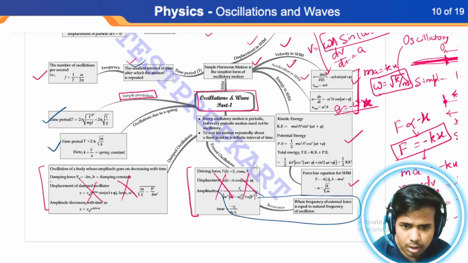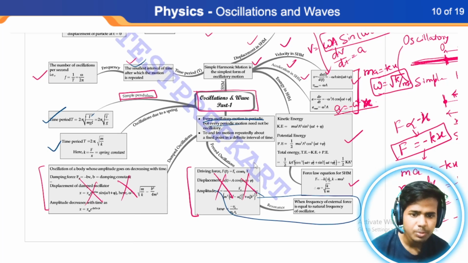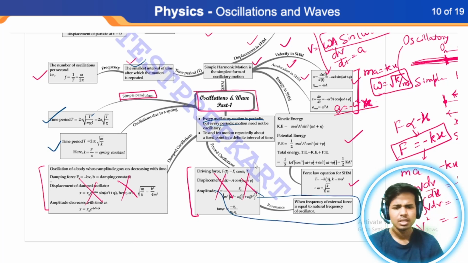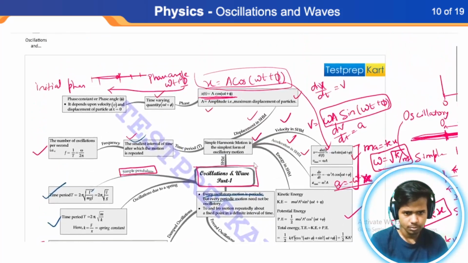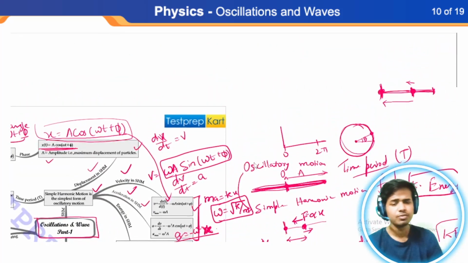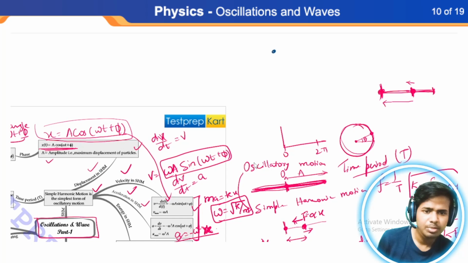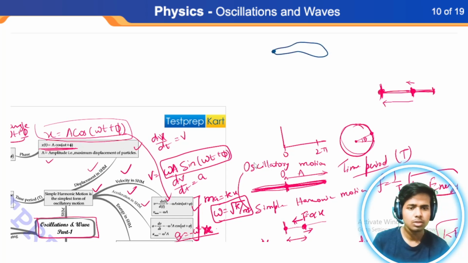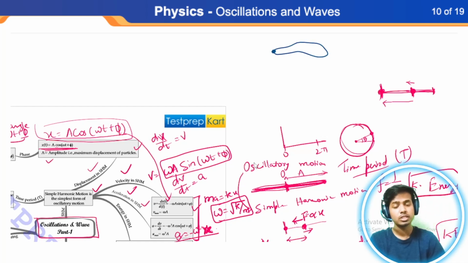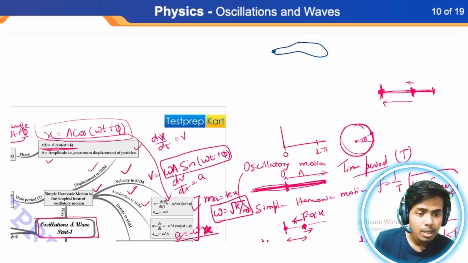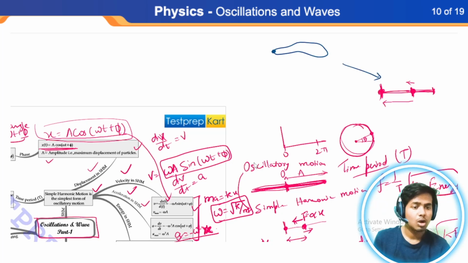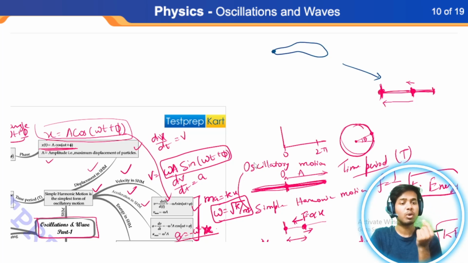So yes, every oscillation is periodic, but not every periodic motion needs to be oscillatory. Basically, in the initial part we discussed that there can be any motion which is periodic, meaning if it goes around and comes back, it will be called periodic because it came back to the original position and the original velocity it started with. That will be periodic. But this specific type of moving around a fixed position is called oscillatory motion,